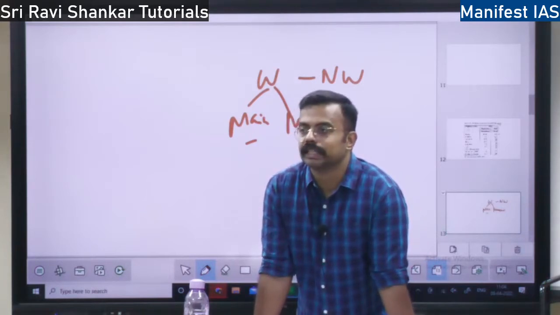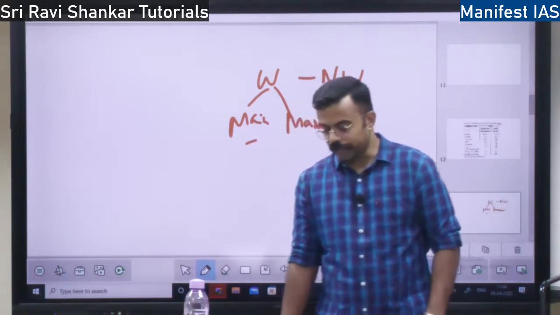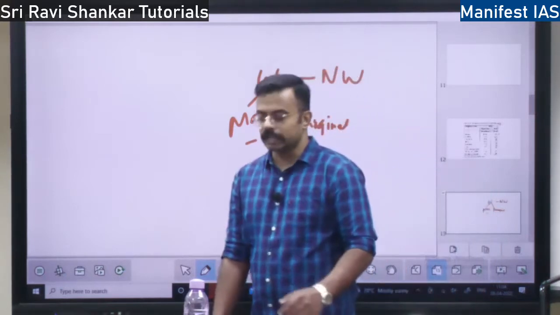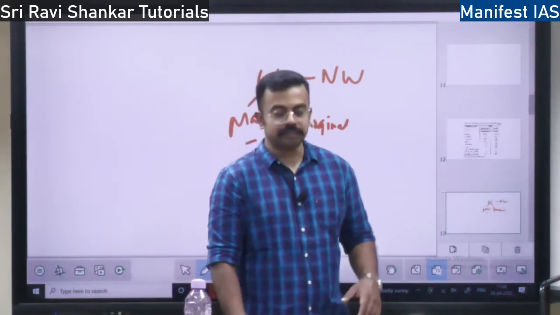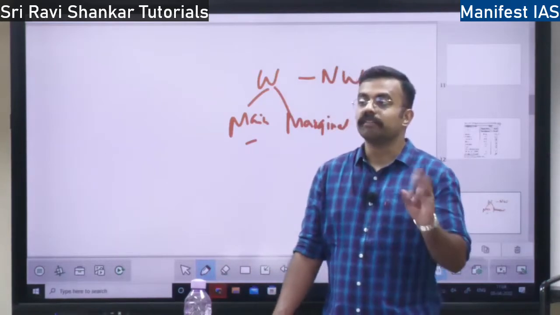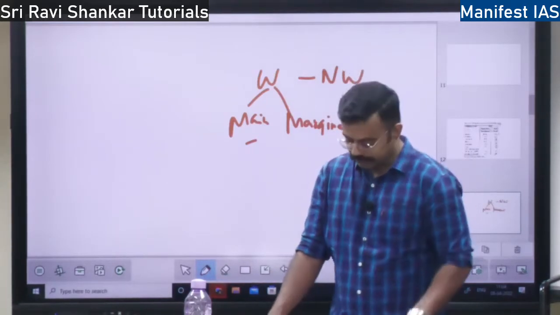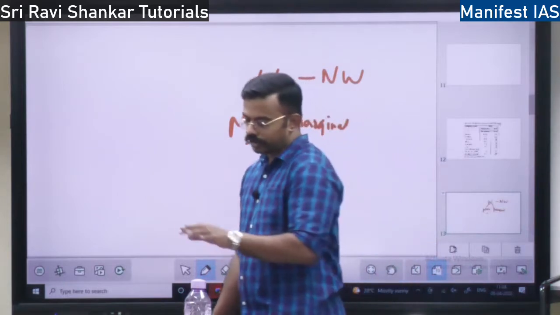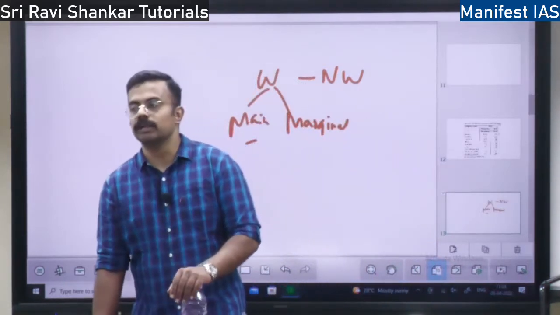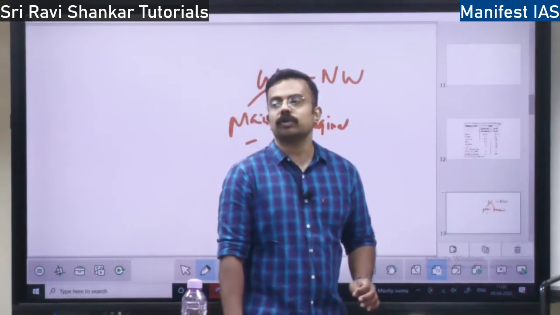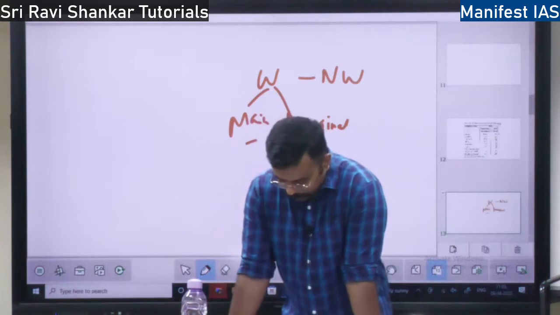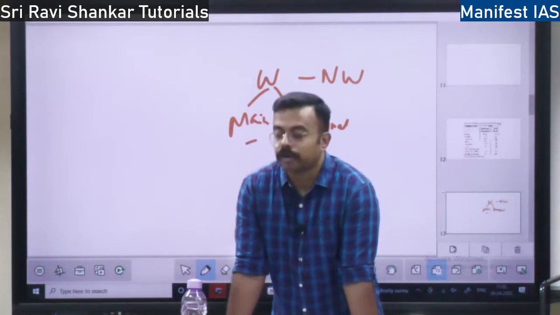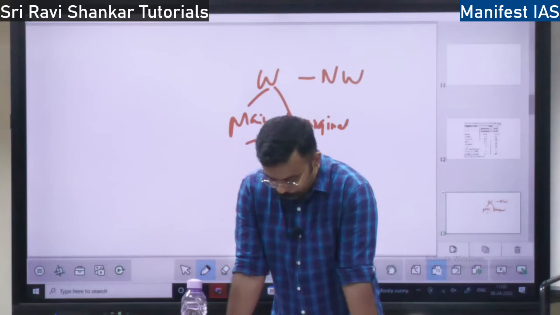The primary sector is the agricultural sector, which has the highest number of workers. Up to 55% of the working population is engaged in the primary sector, that is agriculture and allied services, that might be mining, all those areas. I have already told you what the primary sector is. Coming to the gender composition of the workers, male workers are more compared to female workers, right? Male workers constitute more of the workforce.